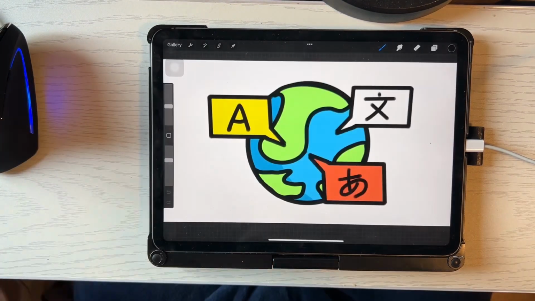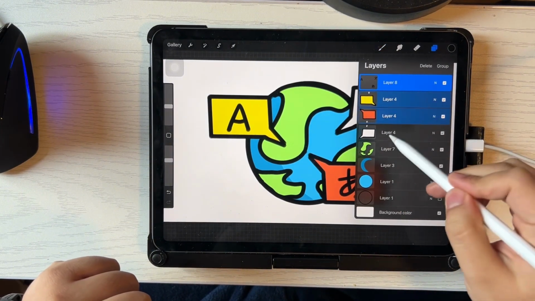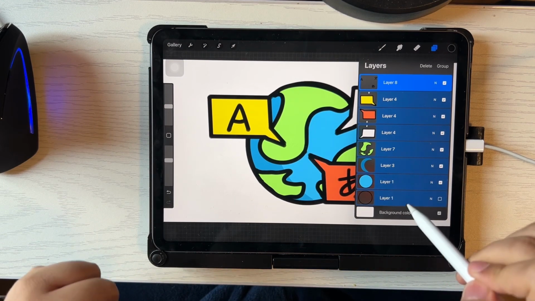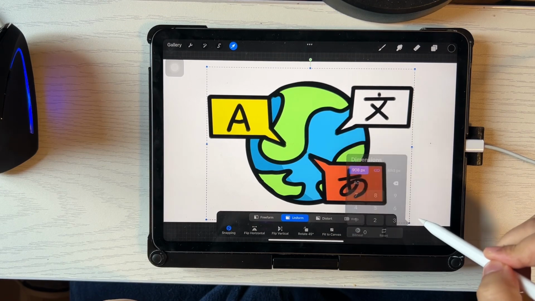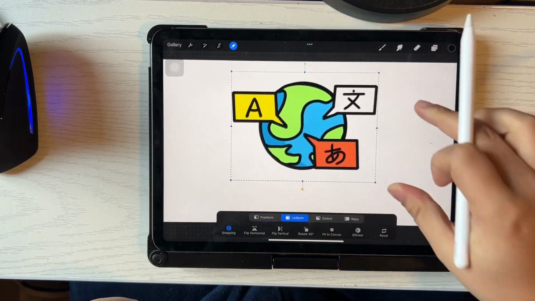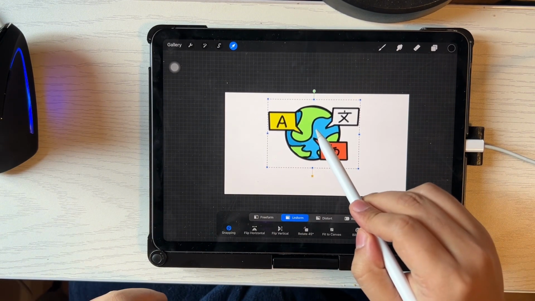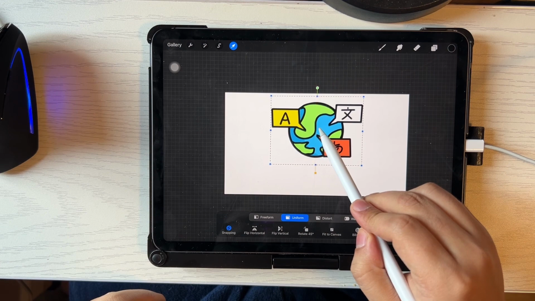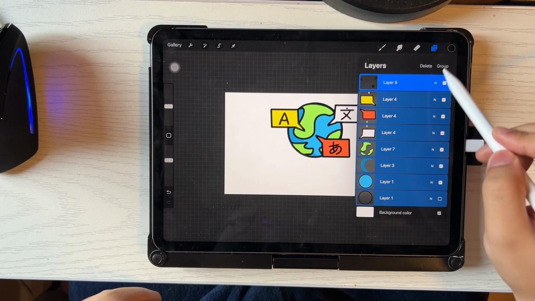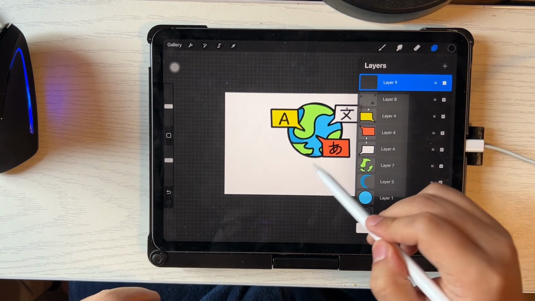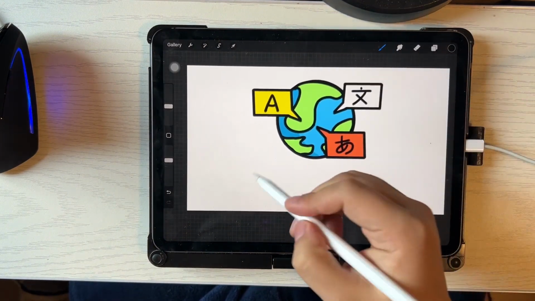So I think I might as well just shrink everything else and actually add a text just below it. So learn language free. Yeah, so I'm going to just focus on the center and add some text of